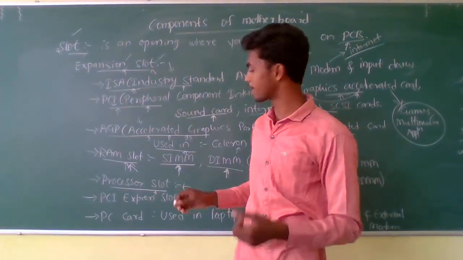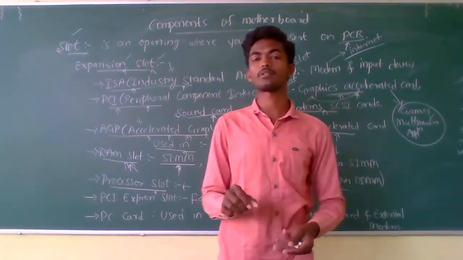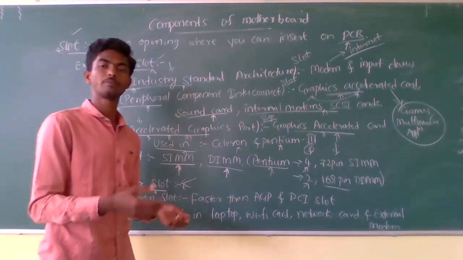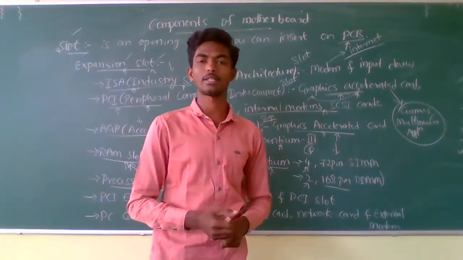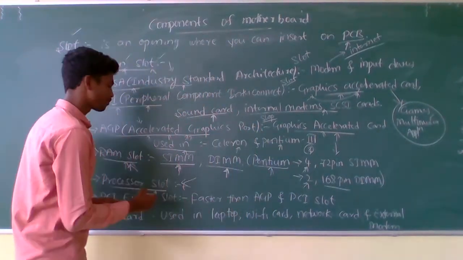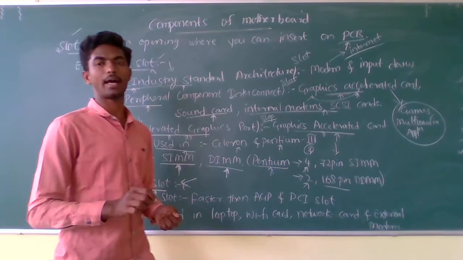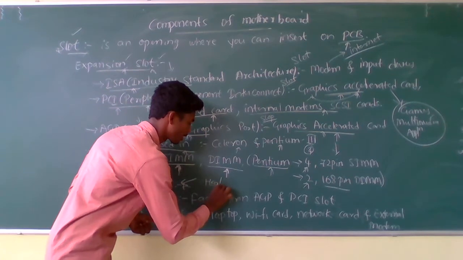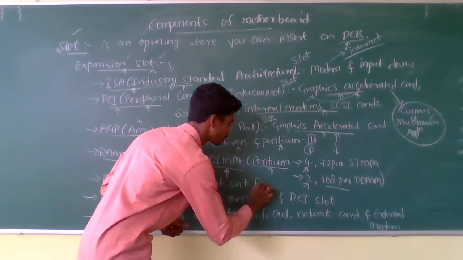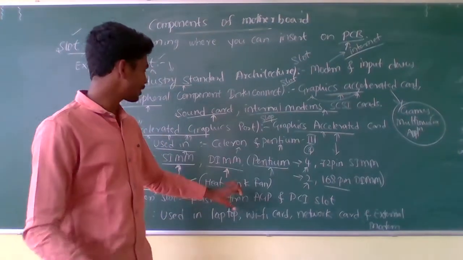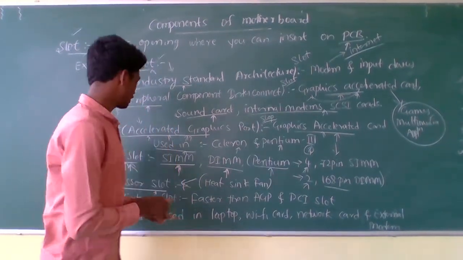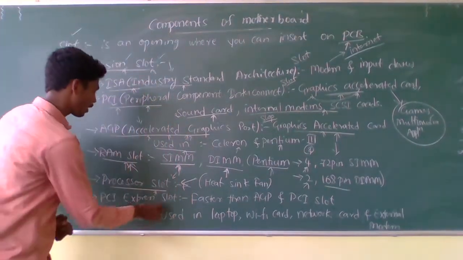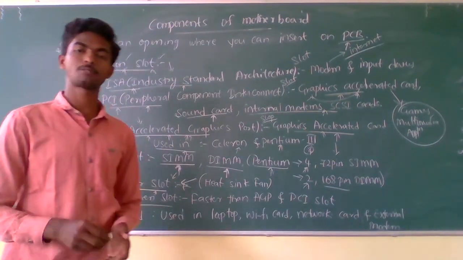How do you know on a motherboard which is the largest chip or IC chip? This is easy: you have to recognize the heat sink fan on a motherboard. If you find the heat sink fan on a motherboard, below that the processor slot with the processor will be found. And then the next slot is the PCI Express slot.